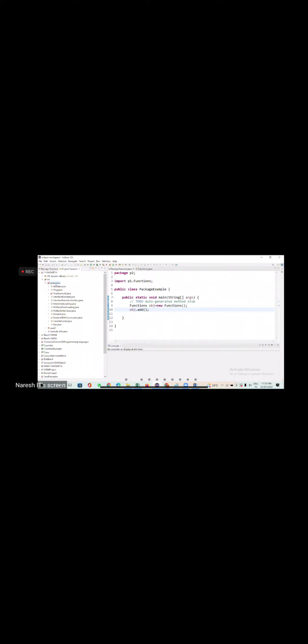Packages are basically helping you to easily maintain things. What it is saying is, a package can be categorized into two forms. One is built-in package and